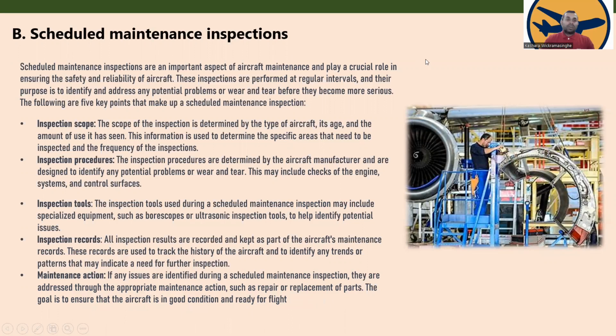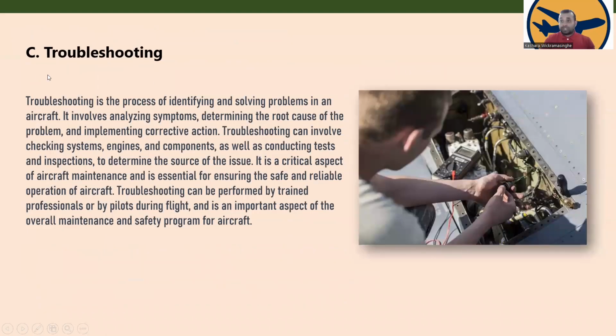All right. Now the troubleshooting. Troubleshooting is the process of identifying and solving problems in an aircraft. It involves analyzing symptoms, determining the root causes of the problems, and implementing corrective action. Troubleshooting can involve checking systems, engines, and components, as well as conducting tests and inspections to determine the source of the issue. It is a critical aspect of aircraft maintenance and is essential for ensuring the safe and reliable